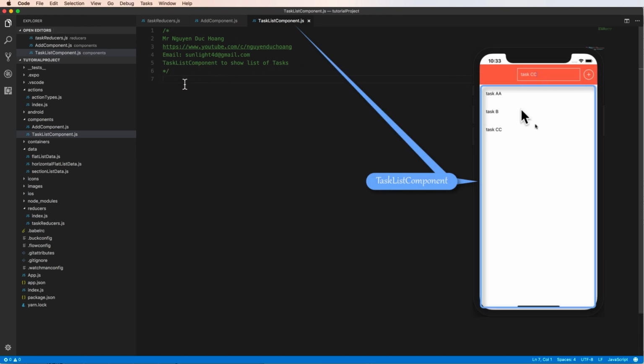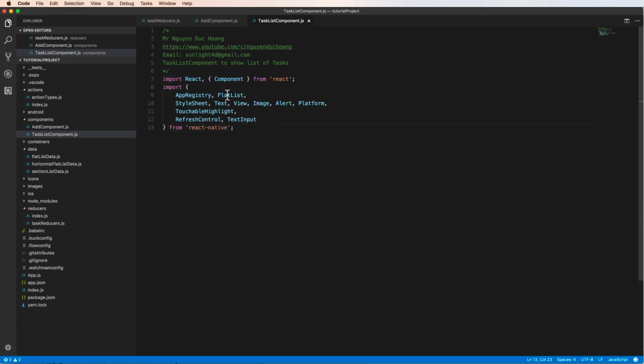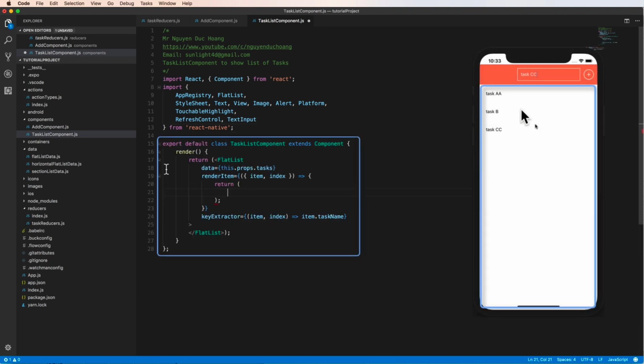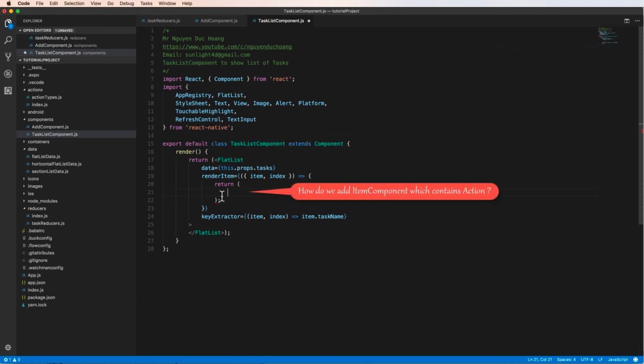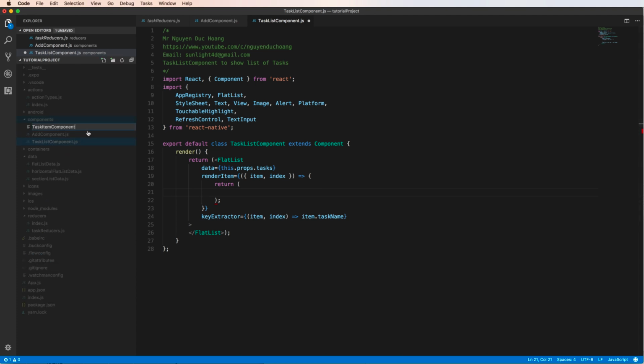We have a flat list to display all the items, and I define it similarly to the previous component. We have a task list component containing the flat list, and the render item will render the item component, and it contains the action. I will introduce the container later. We also have a task item component.js,